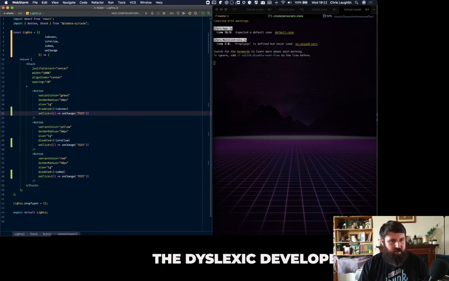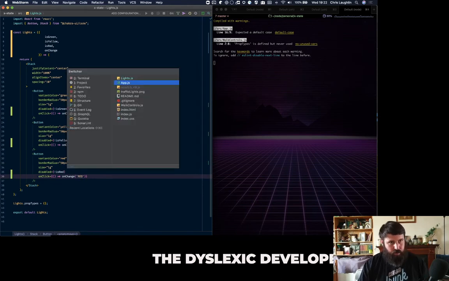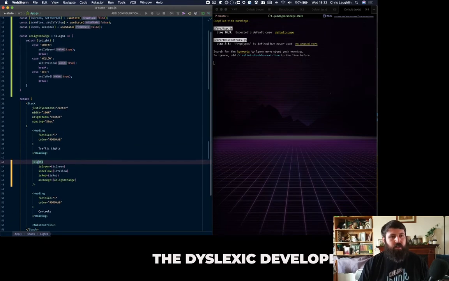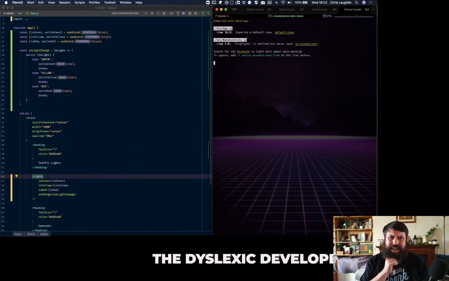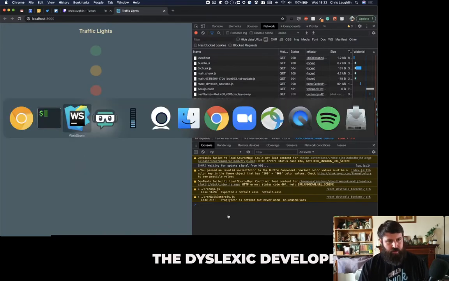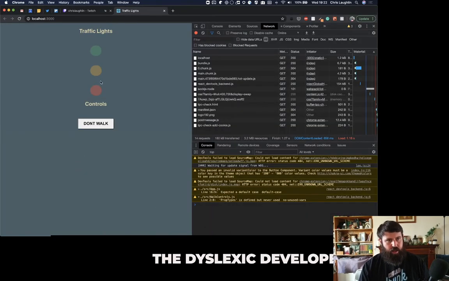So I'm just passing test in here. So this is going to be green, yellow, and then lastly red. And they match up with our switch statement. Yeah, so now technically they should all be disabled by default. Yep. And then if I click,